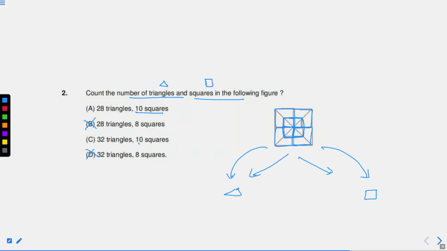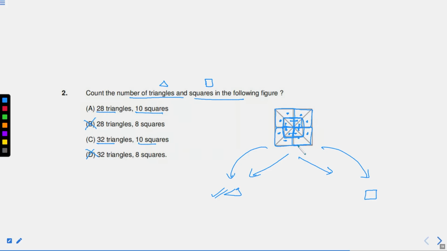Now either you will have 32 triangles or 28 triangles. That you have to check with the help of the diagram that you have made for the triangles, and how you're supposed to calculate triangles also. You can see that one triangle is here, one triangle is here, one triangle is here, and one triangle is here. 4 are here, 4 are here as well, right? Total of how many? 8. Now 9, you can see 10, you can see 11, you can see 12, you can see, right? Similarly, 13, 14, 15, 16, 17, 18, 19 and 20.